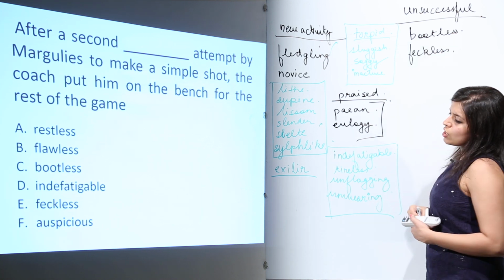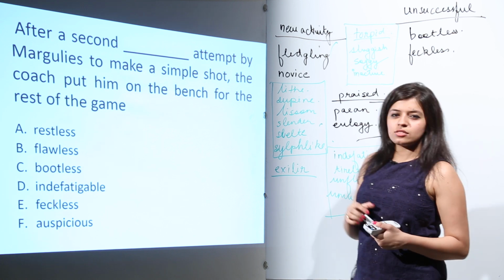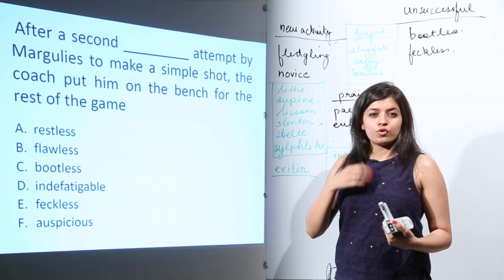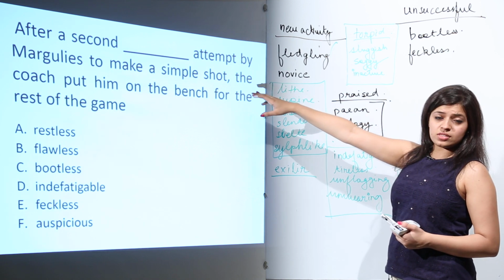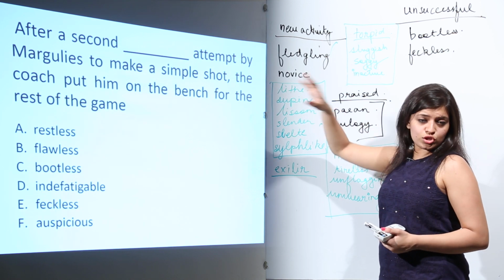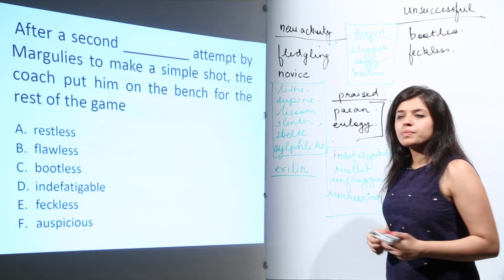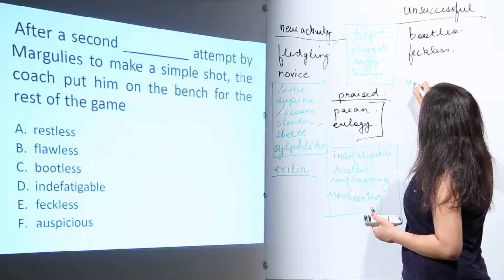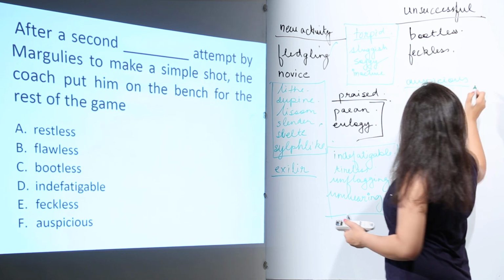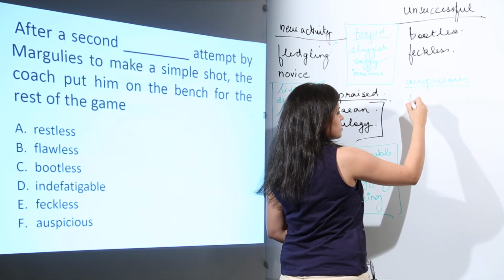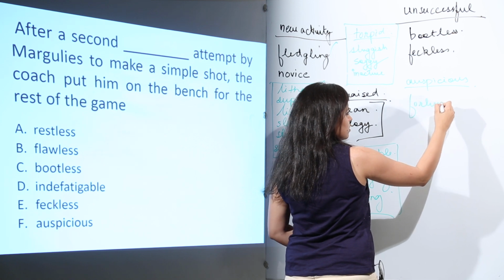Okay, auspicious. Auspicious means something that has a good effect, something that is propitious. So, auspicious is obviously not a part of this sentence because it has a negative connotation, and auspicious is something that is good. Let me give you some synonyms for the word auspicious. Auspicious can have synonyms, let's say fortunate,